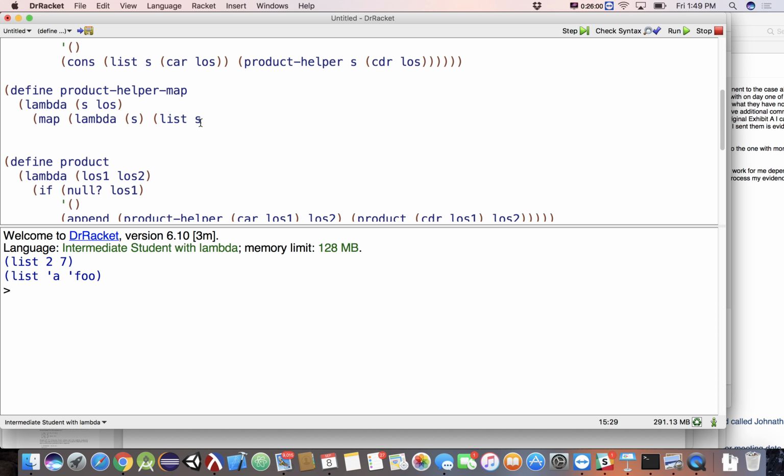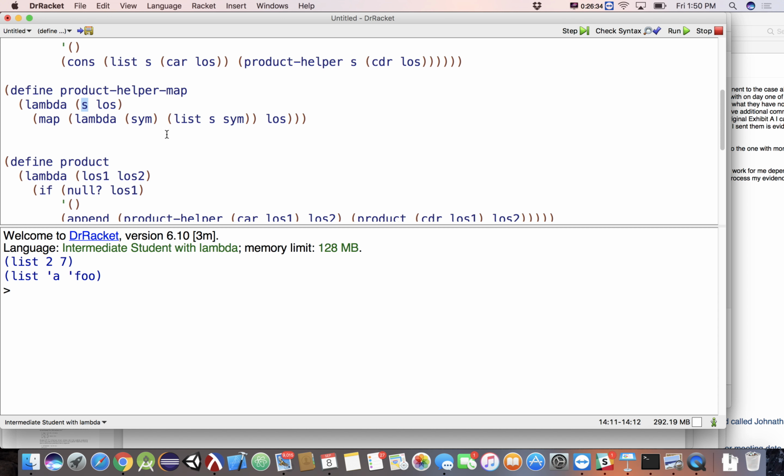So we're not going to actually do lambda. We'll call this, well, S is fine. It's just a different S. So let's call this guy sim. And we're going to make a list out of S and sim, like that. And then we'll pass it the list of symbols as a second parameter. So sim here is the parameter coming in from our list. S is the value we have up here.